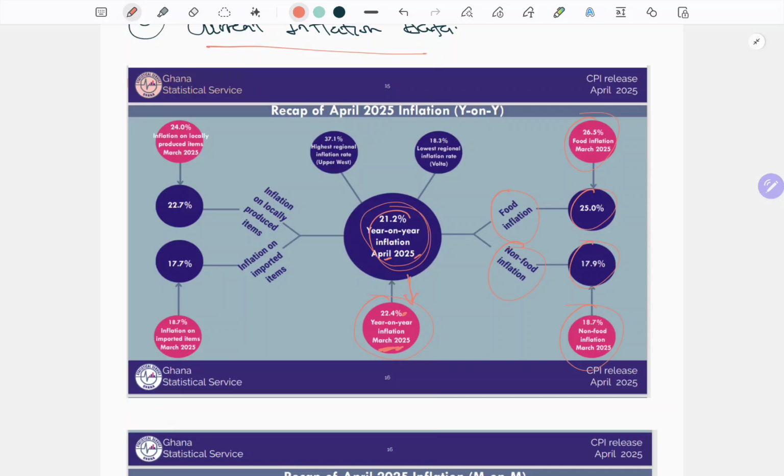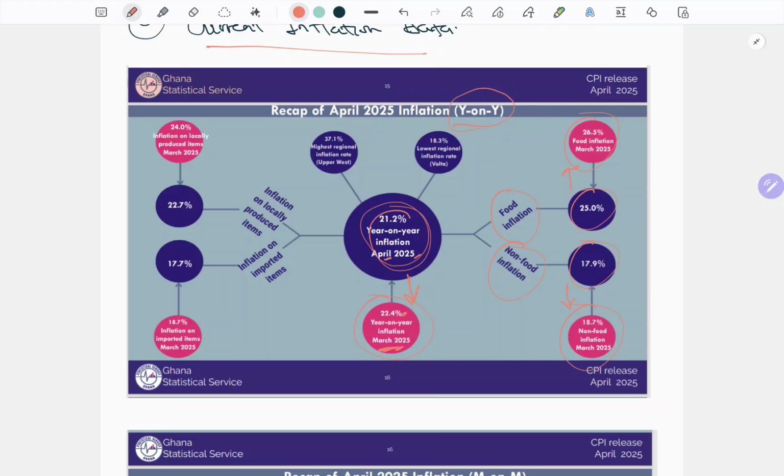So if you look at this direction, and you look at this direction as well, the picture it paints is that inflation on a year-on-year basis is falling, right? On a year-on-year basis, food inflation has gone down from 26.5 to 25. Non-food has also gone down from 18.7 to 17.9, and then the overall inflation has also gone down from 22.4